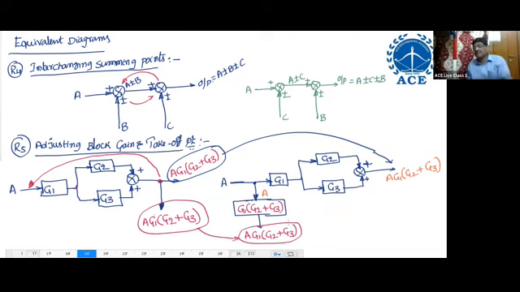Equivalent diagrams means no need to mug up. Some students used to mug up before shifting G, after shifting 1 by G. Nothing. Don't mug up. Before shifting, whatever the outputs are there, after shifting also the output should be same. So one more thing you take, for example,